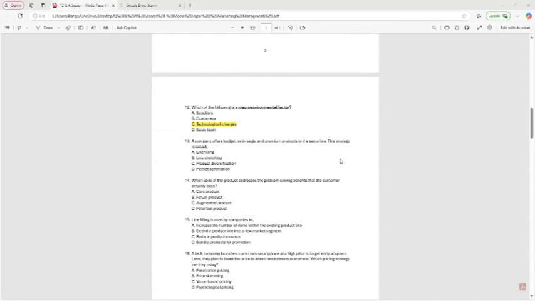A company offers budget, mid-range, and premium products in the same line. Read the question carefully. So the company offers budget items, and also mid-range items, not very high range, just mid-range, and also premium products. So you can see the variety: budget, mid-range, and high quality products in the same line. So this strategy is called,